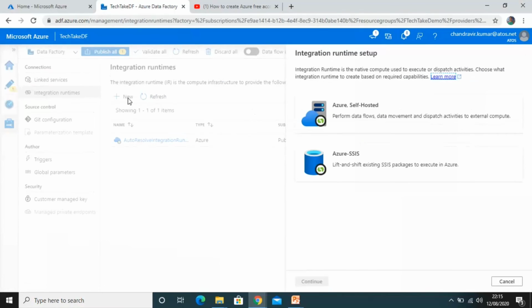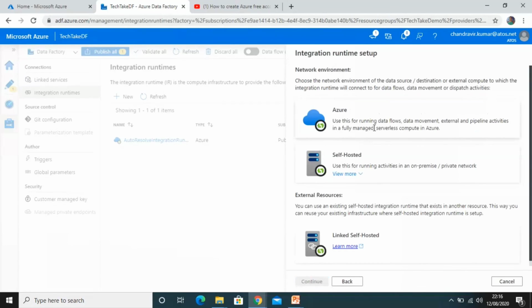Let me show you how we can create a new integration runtime. If you select Create new, we can see the integration runtime setup. We have options: Azure, self-hosted and Azure-SSIS. If you select Azure, self-hosted, let's click it and continue. You can see here Azure and self-hosted.